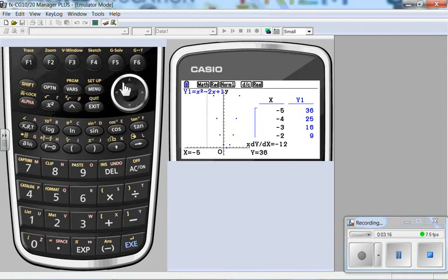So now when I trace, here's my function. Here's my x-coordinate. The y-coordinate's also going to show up there when I come down there. Here's the value at that point. Here's the derivative of that point. I'm going to start toggling over. It's tracing from point to point. Now you start seeing the x and the y dotted line to indicate where you're at, and also showing me the derivative there.